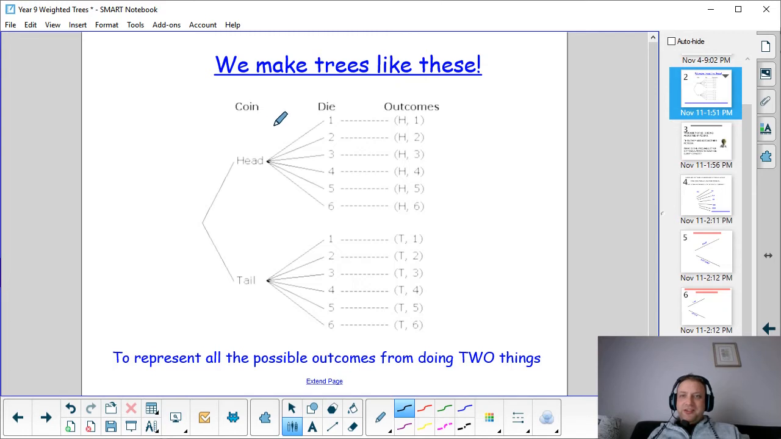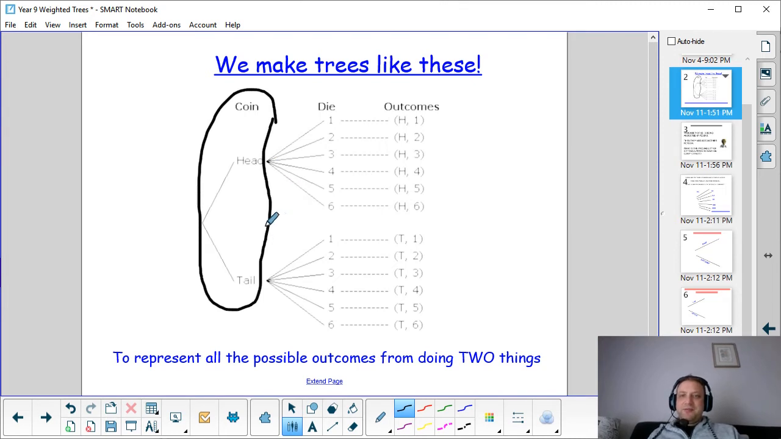So you organize your tree by having the outcomes from the first event. There's only two outcomes from flipping a coin, head or tail, so it branches off. And then we have the second event branch out from each outcome of the first event. So if we get a head on the coin, then we can go 1, 2, 3, 4, 5, 6, and that gives us our first 6 outcomes. Or if we get a tail from the first event, then we can get 1, 2, 3, 4, 5, 6